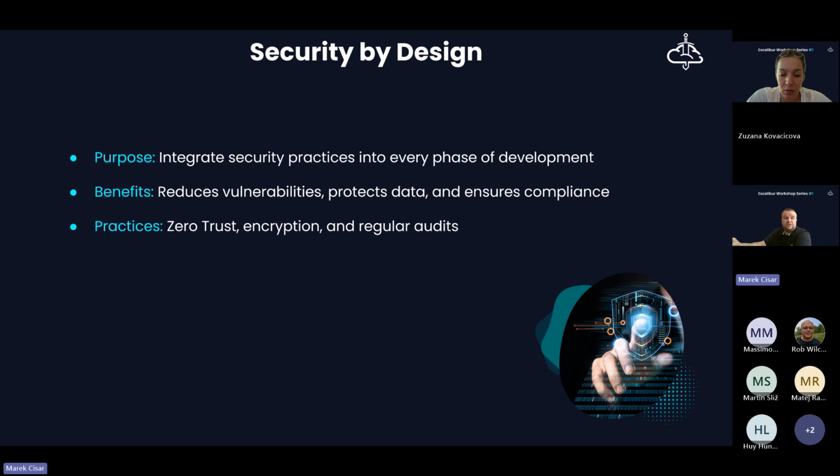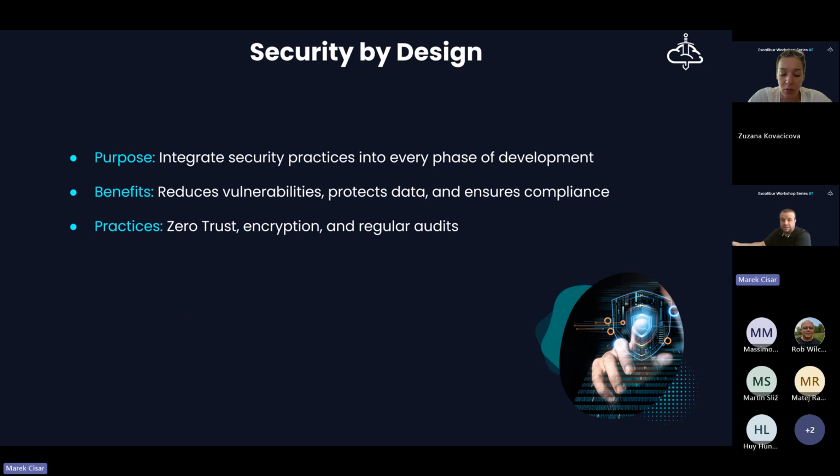And also we need to talk a little bit about security by design, because typical cloud native applications, as the name suggests, are running within the cloud. So we need our cloud native application to be more secure than at any other time in the past.